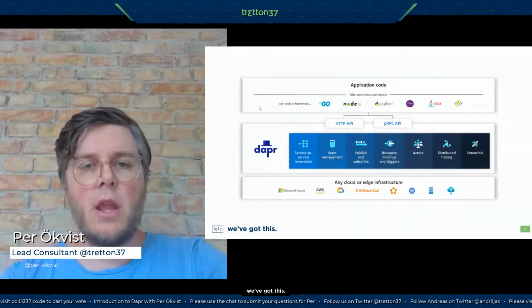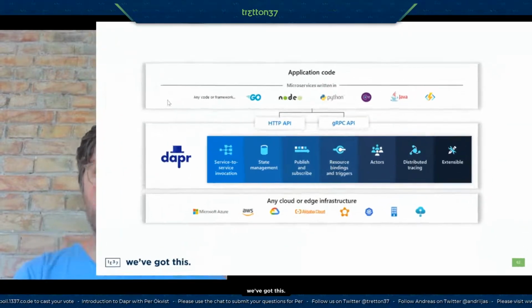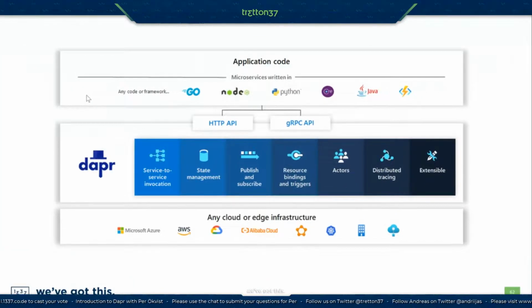So to recap, what we've seen here is Dapr as a sidecar with the different components for service invocation, state management, pub/sub, bindings, actors, tracing, and extensibility, going over the protocols HTTP and gRPC, making it possible for you to write applications in any language that supports either gRPC or HTTP.